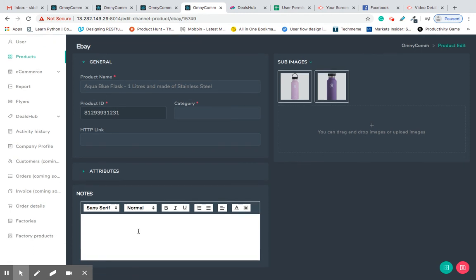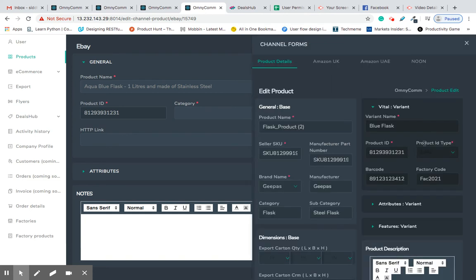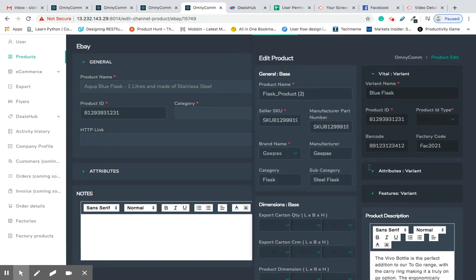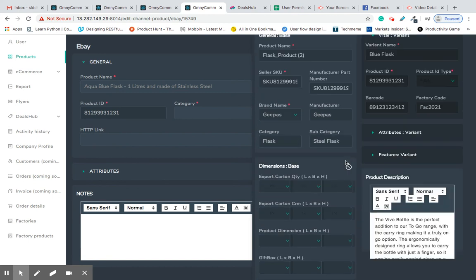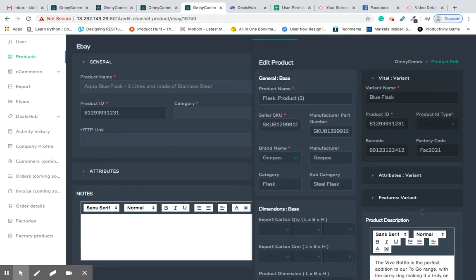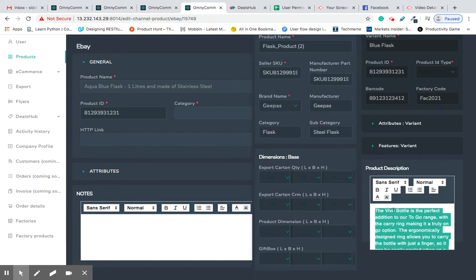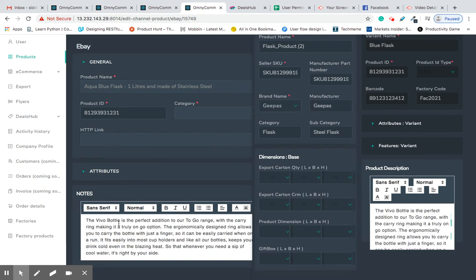But at the same time, I don't have the description here. It's something that I still require. So we've created this feature for you, where once you click on this button, this side drawer opens up. Now what you can do is, at the product level, you can reference the information that we already have. We have the description here, so you just copy and paste it, and then you can make the edits accordingly. Now, let's just say that I want to add this in bullet points, so I'm going to do that,